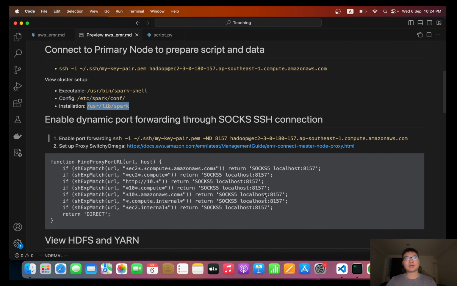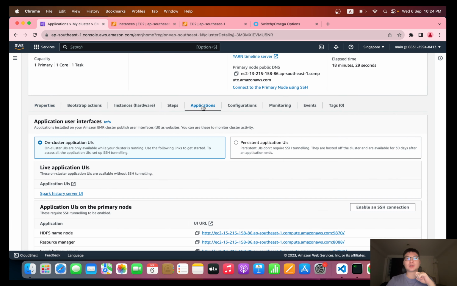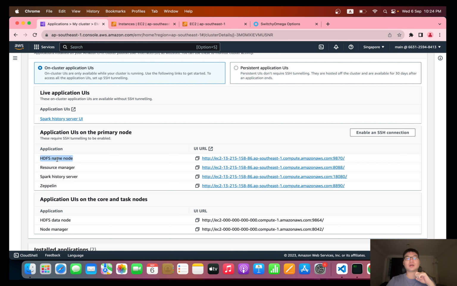Okay, then the next step we want to do is to be able to access some of the application user interfaces. Some of the services like Spark, the Hadoop file system, or YARN have some UI that is hosted on our cluster as well, and we can access this UI to interact with them instead of the command line. For instance, we have a UI to access the Hadoop distributed file system, called HDFS, here. By clicking on this URL,